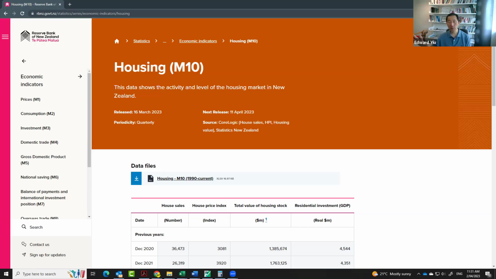Today, I'm going to demonstrate how to use the Excel forecasting function to forecast the New Zealand house price index. So first of all, let's download the Reserve Bank of New Zealand's house price index data. If you Google search Reserve Bank of New Zealand house price index, here's the homepage of the Reserve Bank of